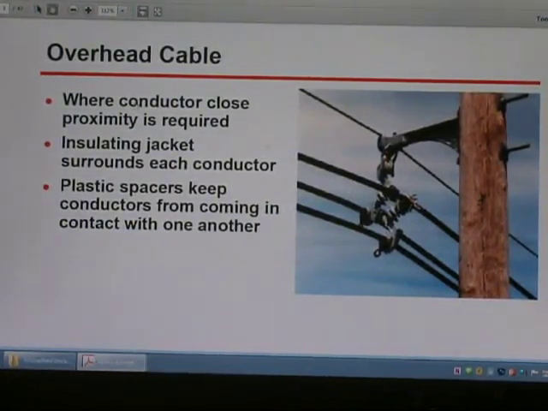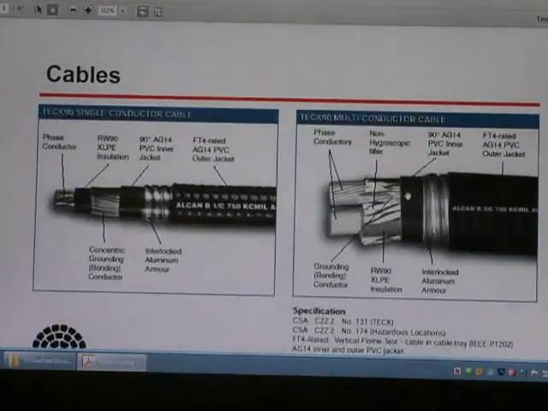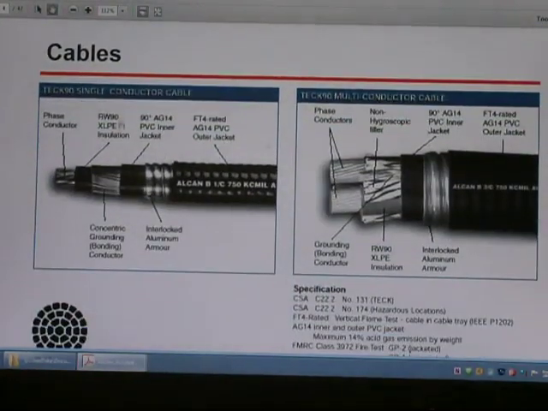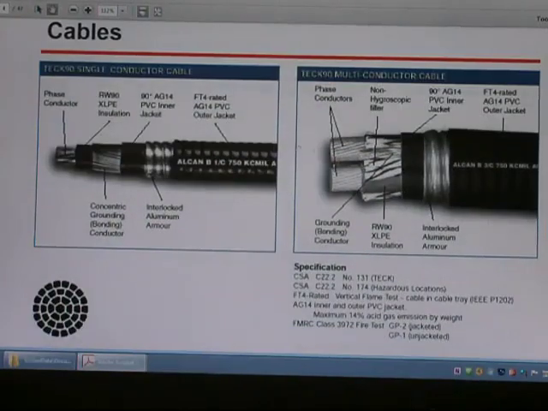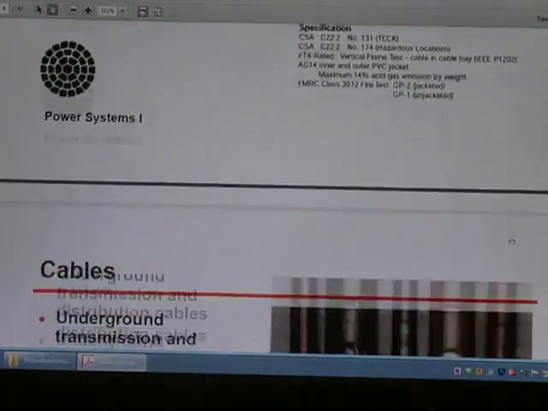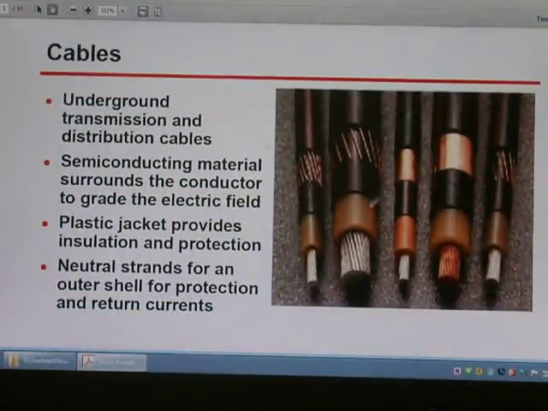And those are the kinds of the cable, so there will be different kinds of the cable construction. Those are the underground cable, so the underground cable transmission line, distribution cable, underground